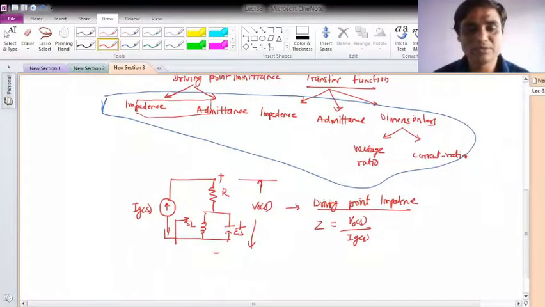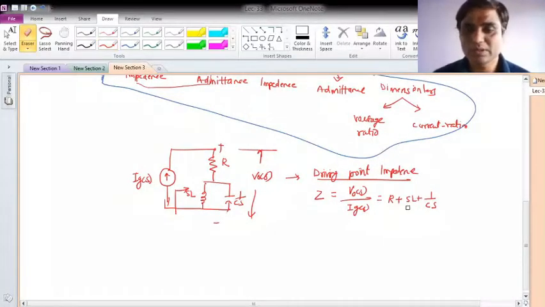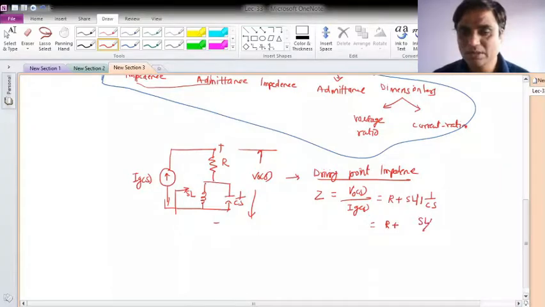So what will V0 by Ig of S be? It will be simply R plus SL plus 1 over Cs. Is it? No, not SL plus 1 over Cs, L and C are not in series. They are in parallel form. So it will be R plus SL over Cs divided by SL plus 1 over Cs, and we know that if L and C are in parallel, the resultant impedance will be